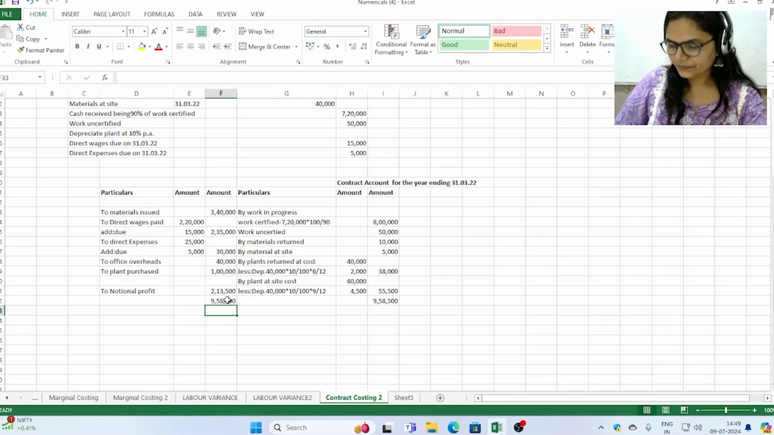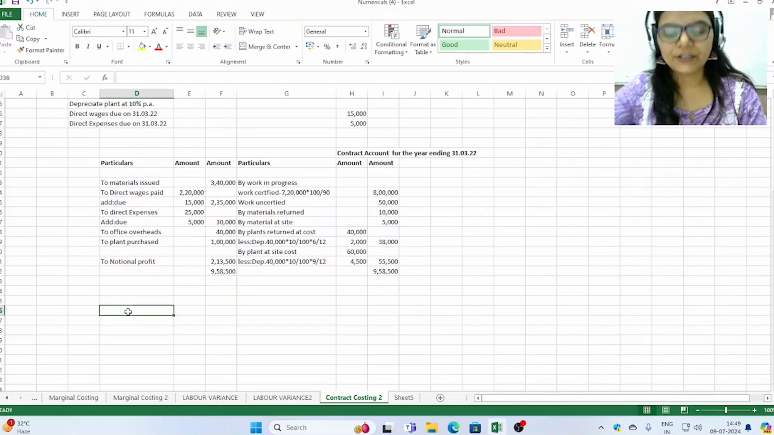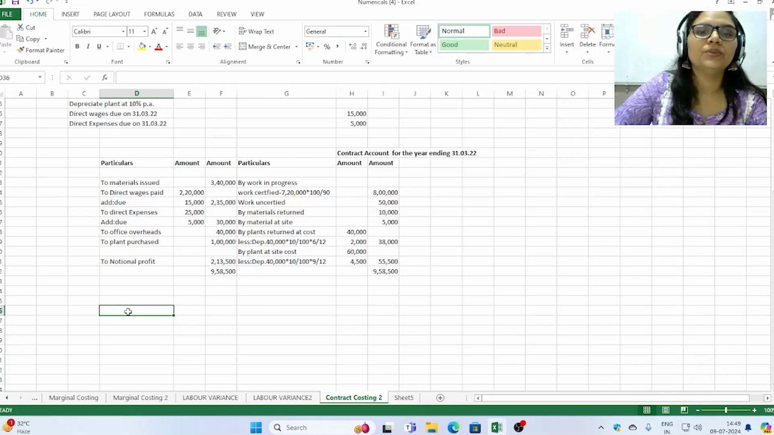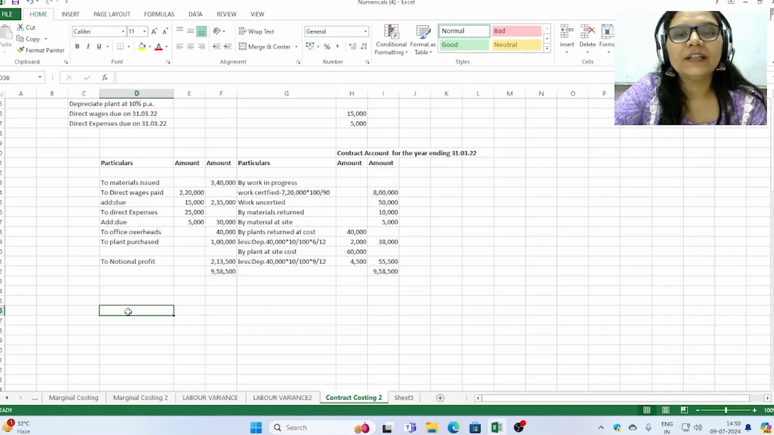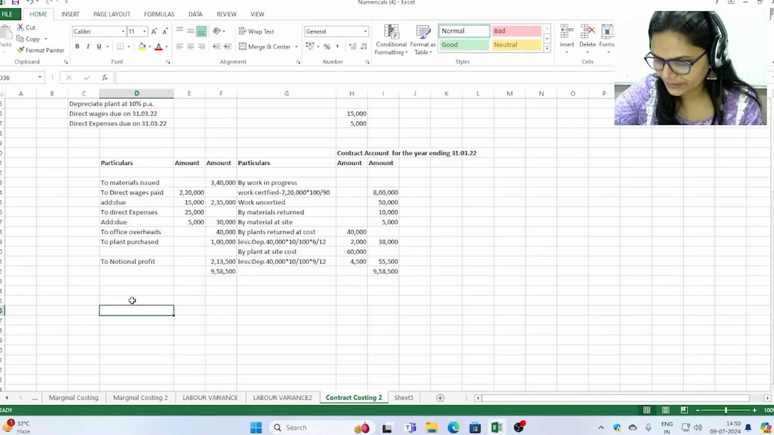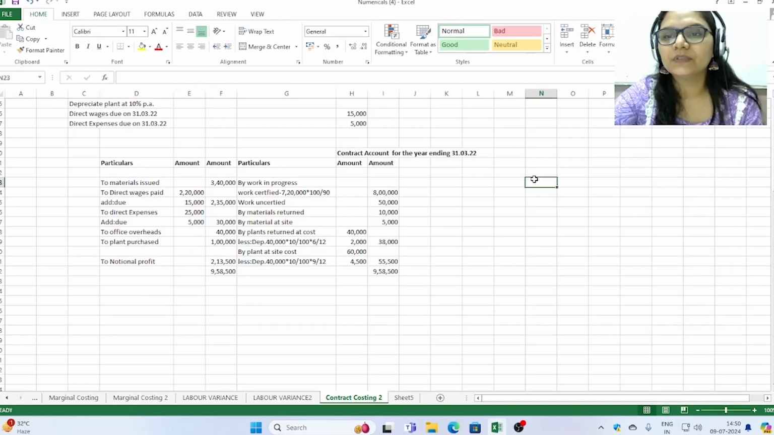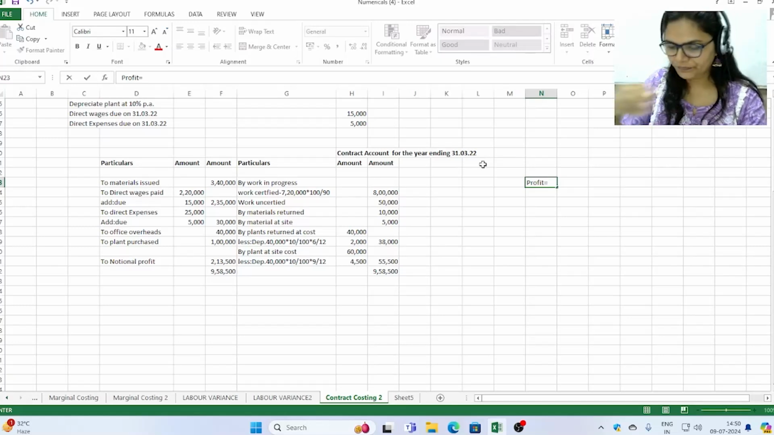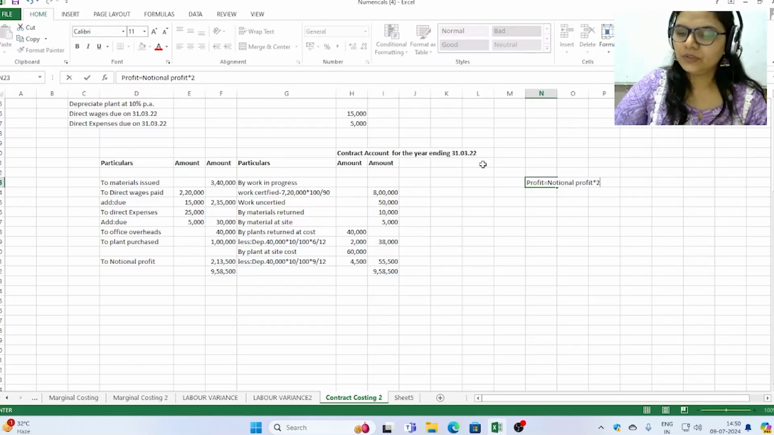Now, we always calculate profit from notional profit as work certified is more than 50%. As you can see in the question, work certified is more than 50%, so 2 by 3rd of the notional profit is taken as profit. So how will we calculate? Let's do some working notes over here. Profit is equal to notional profit into 2 by 3